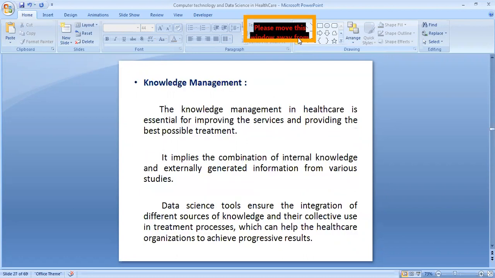The next is, what are we going to do with the knowledge acquired? The study that we do theoretically, knowing how to apply or what should be applied, will become useful only when we start applying it practically. Only then will we get to know the drawbacks or pitfalls in whatever methodology we have learned theoretically. So there comes our knowledge management: how we are going to apply the knowledge that we have acquired to improve the service that we offer to the patient.